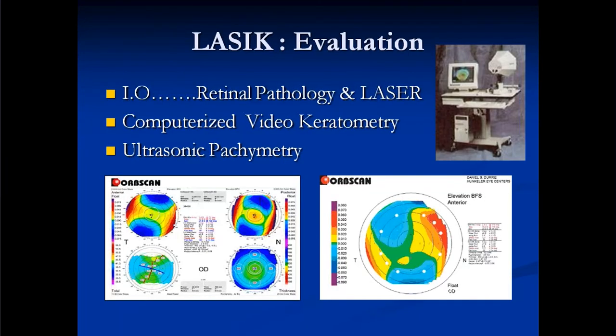So this is how the topography or the corneal thickness is verified. Pachymetry is nothing but the thickness of the cornea, and the curvature in different meridians is measured by keratometry. Because nowadays we have advanced types of lasers, tailor-made, that means it modifies or flattens the cornea according to the need.